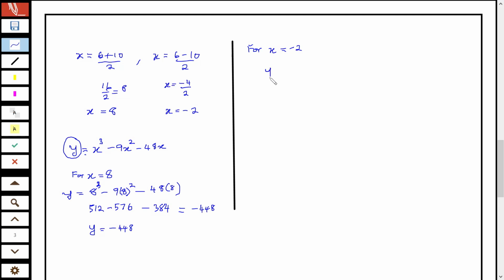So y will be equal to, now x to the power of 3 will be negative 2 to the power of 3 minus 9 times negative 2 squared minus 48 times negative 2. So to further simplify this, negative 2 to the power of 3 is equal to negative 8